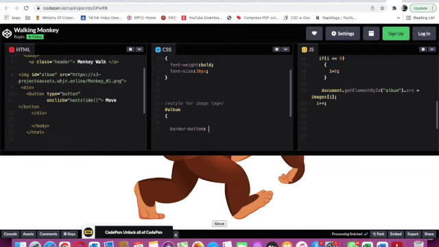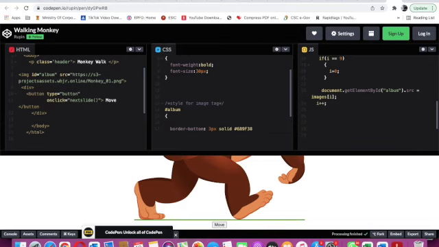Okay. Now here I will type 3px. Then I will give enter. I will give space. Here I will type solid. I will give space. Here I will type hashtag 689F38.